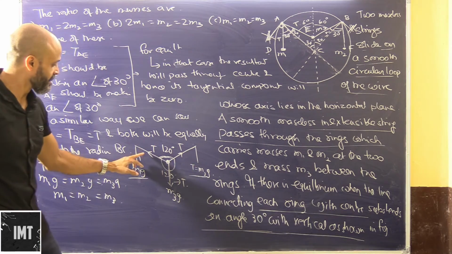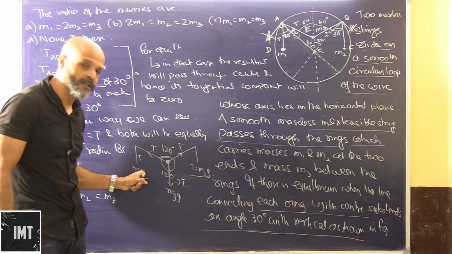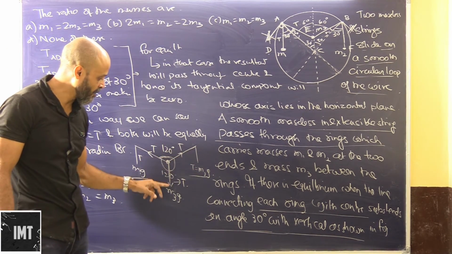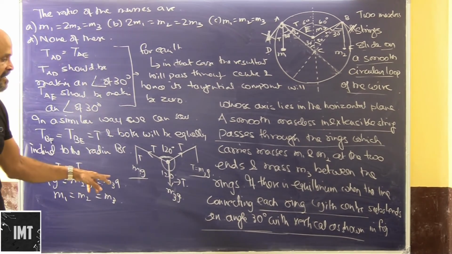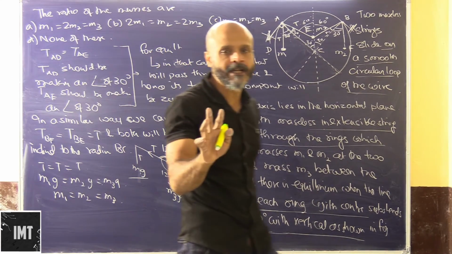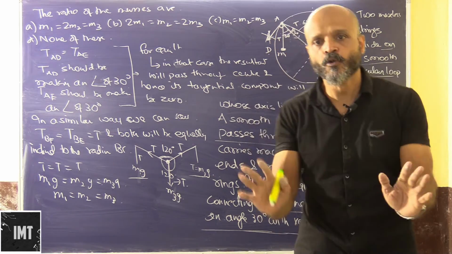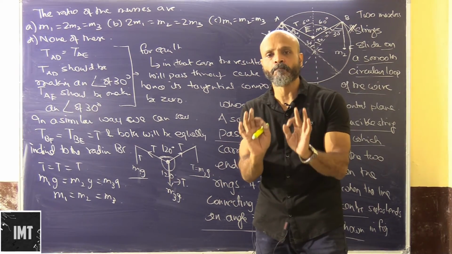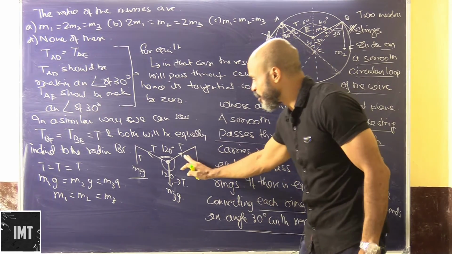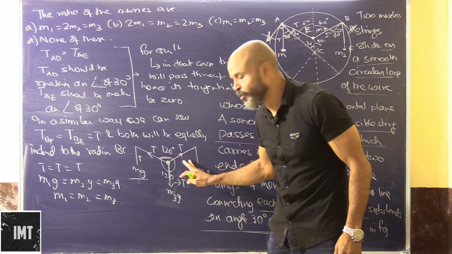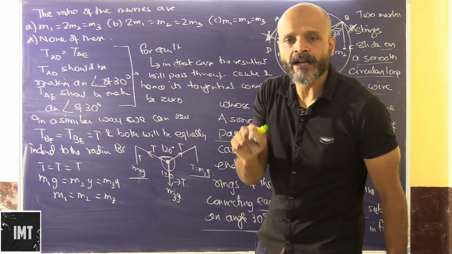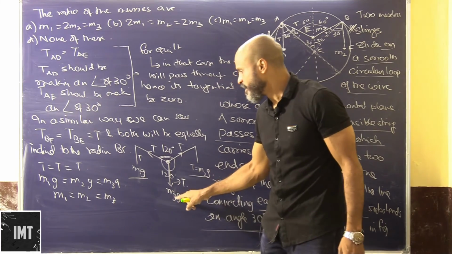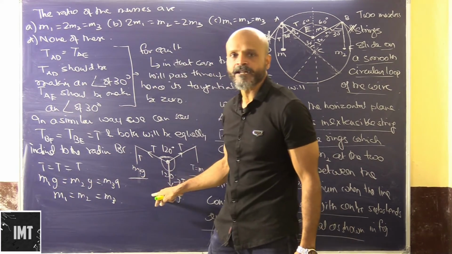Coming to this, there is tension here, we have calculated the values of tension, both are equal. Obviously this also has to be tension T, which is m3g. So all these three tensions will be inclined at an angle of 120 degrees each to create a proper equilibrium. The proper equilibrium will only be created when these two are T, and this also happens to be T, and each of them has an angle of 120 degrees between them. So obviously this condition will be justified.